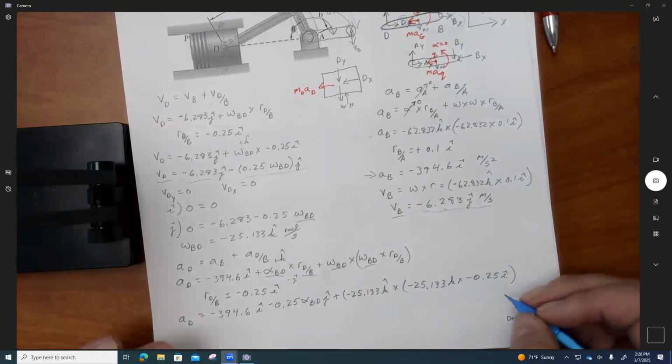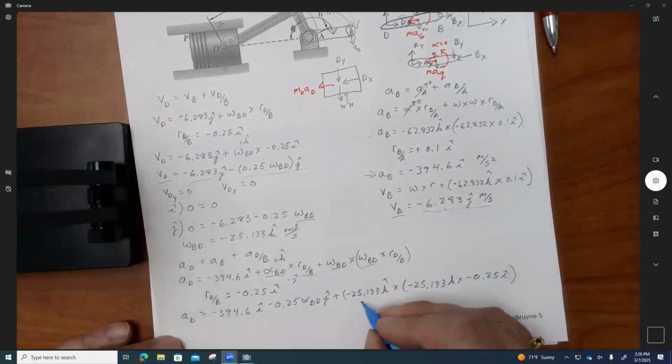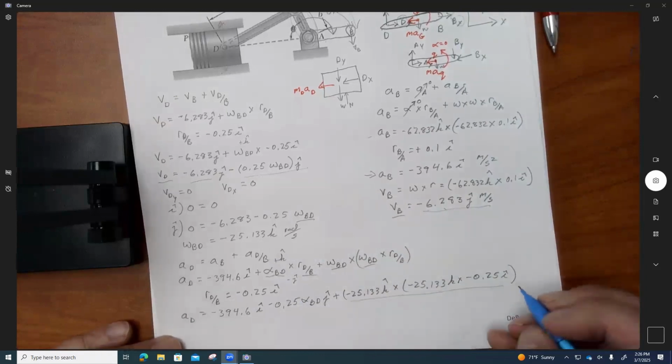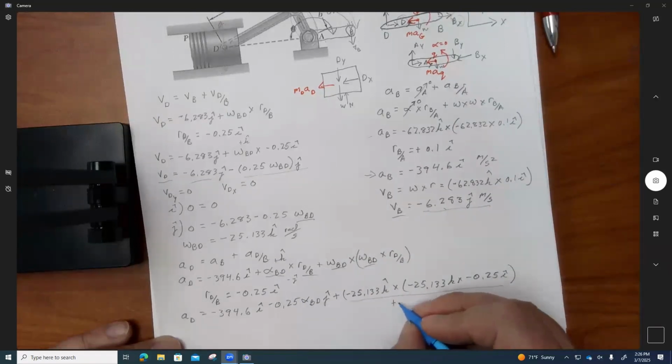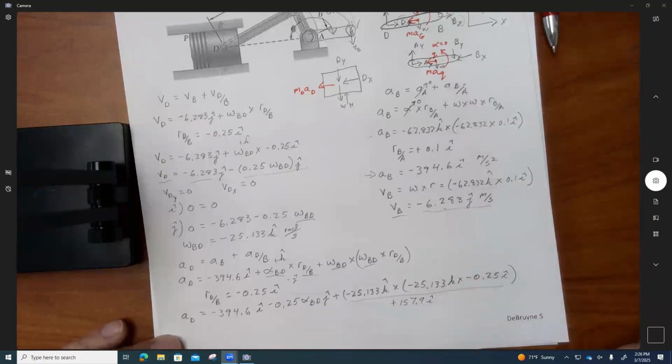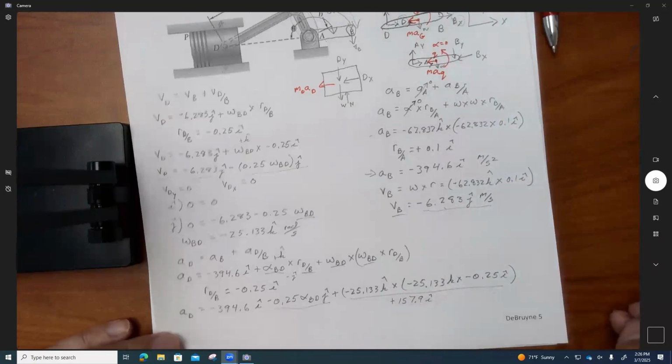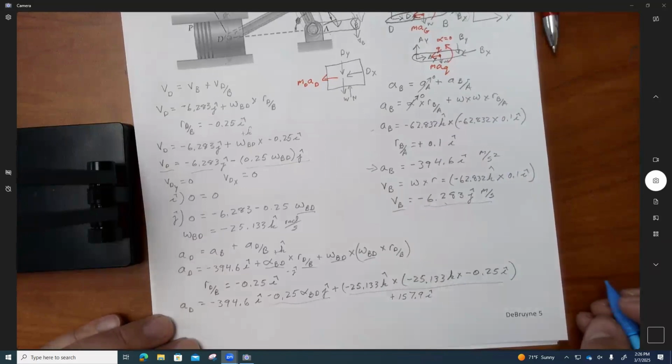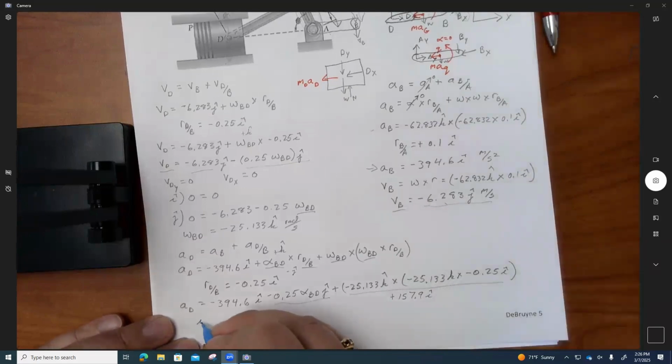Now, if I work this cross product right here, I should get a plus 157.9 i for my normal component of acceleration. And I've worked this already. And if I break this into the i and j components,